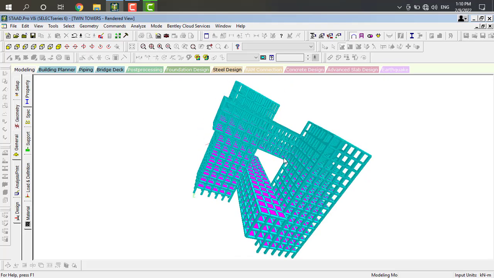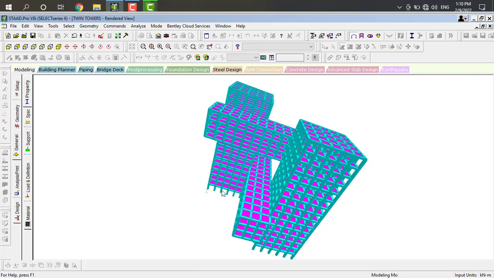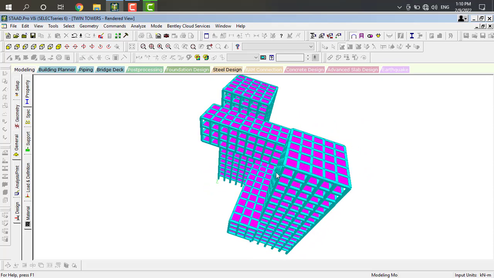So after applying properties, our beams, columns and slabs for the twin tower skywalk will be like this.